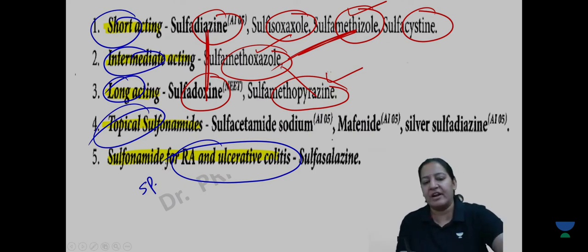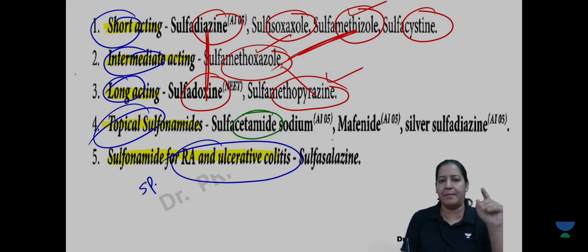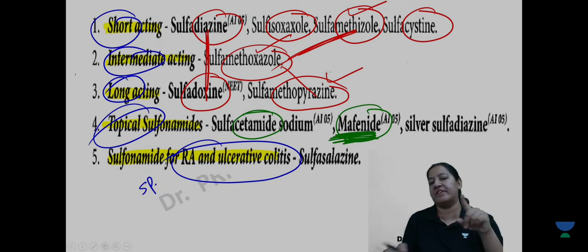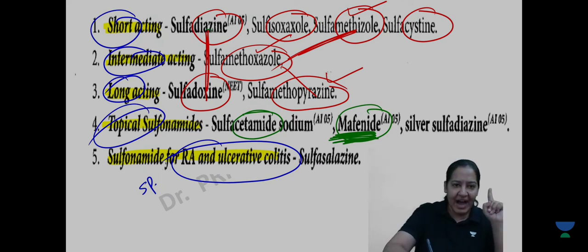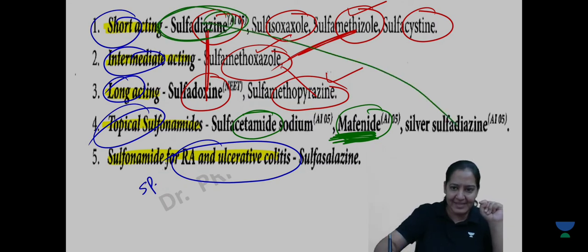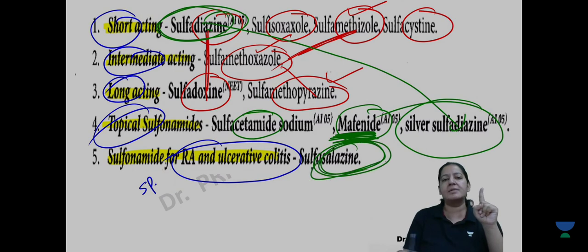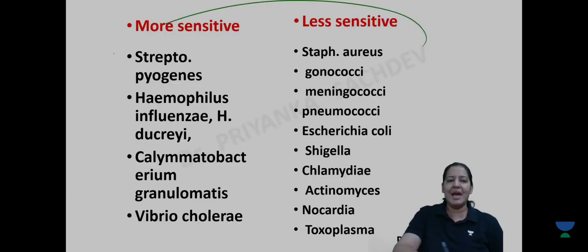Topical are easy. You will not get confused in topical because their names are unique. Acetamide, right? There is no other acetamide. Mafenide is not even starting with sulfa. It doesn't have sulfa in the prefix. The only one which is not having sulfa in the prefix. Rest all have sulfa in the prefix, right? Sulfadiazine is short acting, but if you add silver, it will become topical, right? And special means salazine, right? So say it again and again, you will learn, right? So, okay, coming on the spectrum, don't learn the spectrum. You can see a big spectrum.